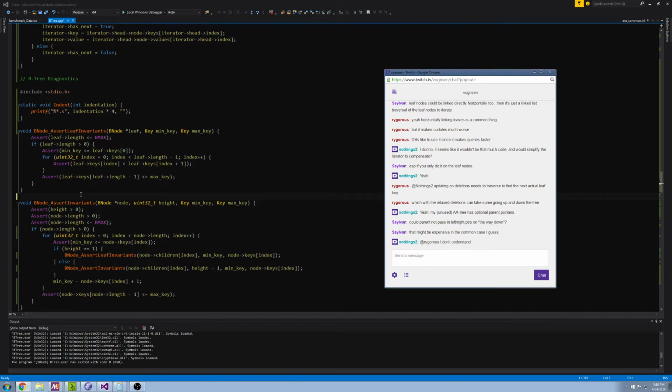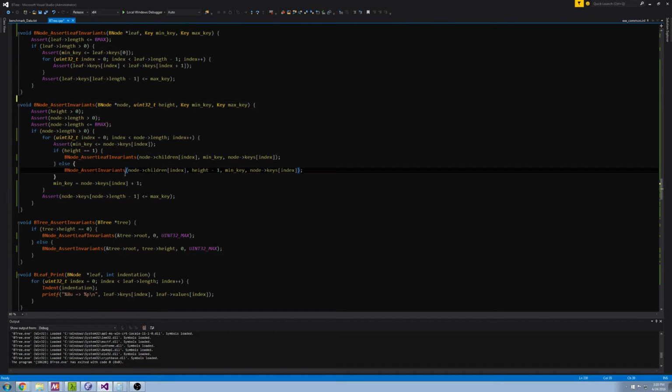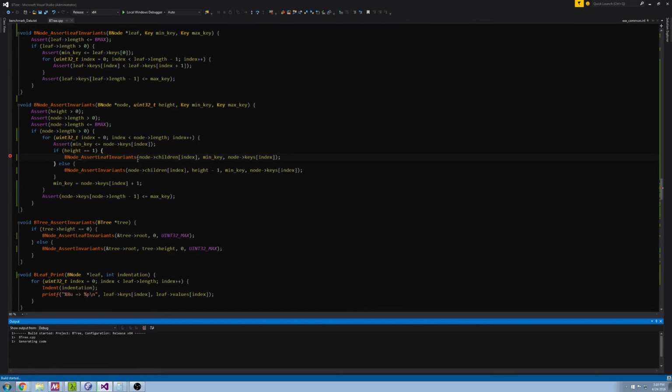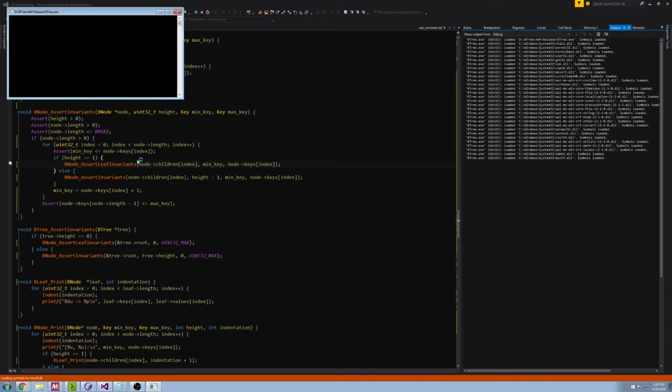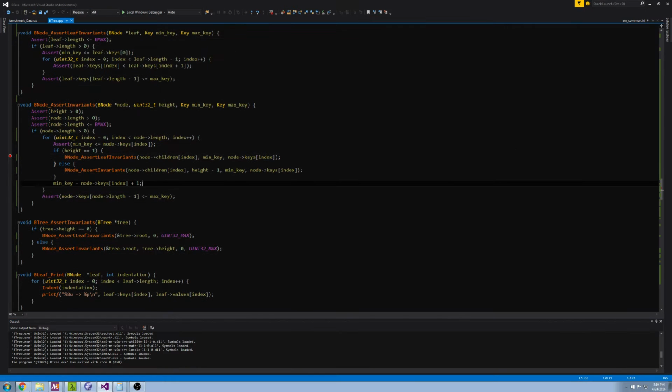And the reason is, and this is a very specific thing, let me try to set a breakpoint here. I can't remember if I actually,